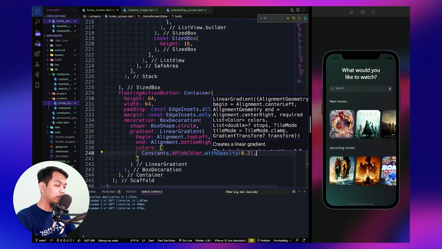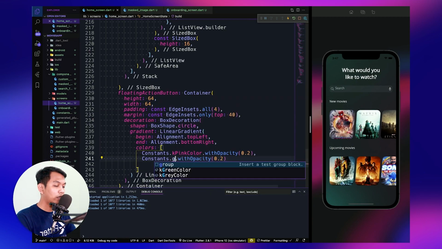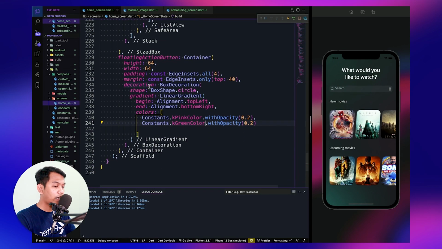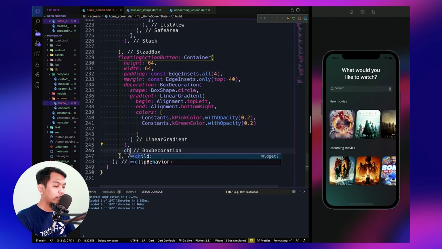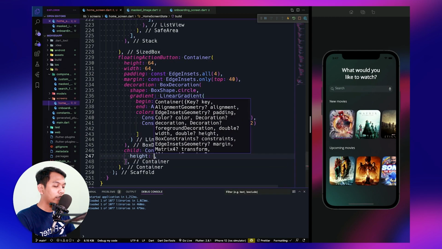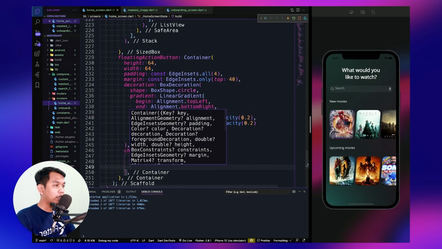Just copy this, paste here, change this to green color, and inside our container we will give child using container again, with the height is 60 and the width is 60.